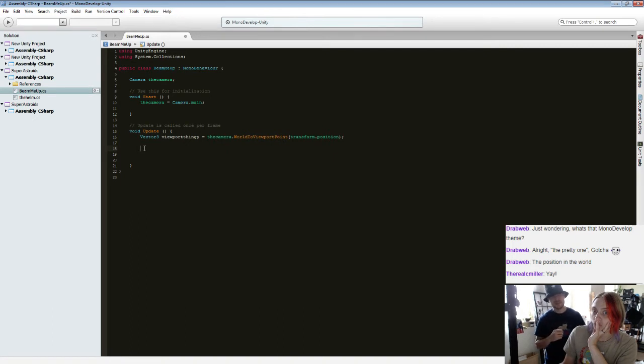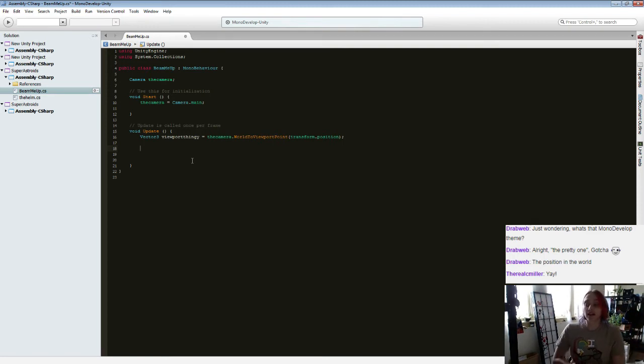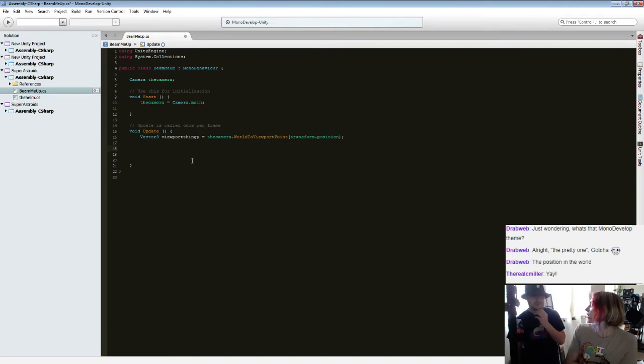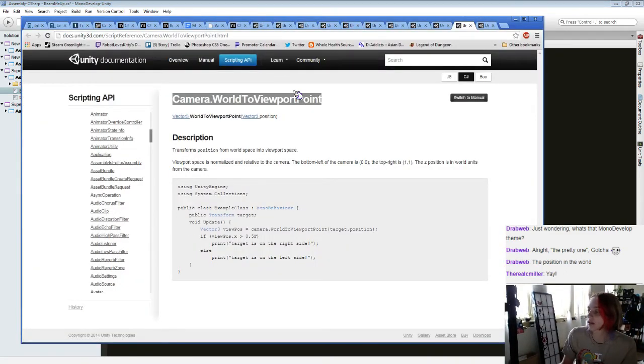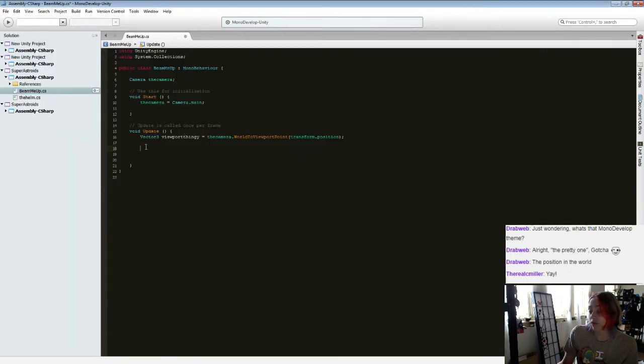Let's start out there. So how are you checking to see if its viewport thingy is past the top of the screen? Well, it's going to have a numerical value according to the 1 and 0 that is the viewport screen. So if it's above 0, 1, or whatever the proper up and over is, right? Let me find out which way the bottom is 0, 0. Top right is 1, 1. So that means it's either 0, 1 or 1, 0, depending on which way they're starting from. Right? All right, so I need to write an if statement